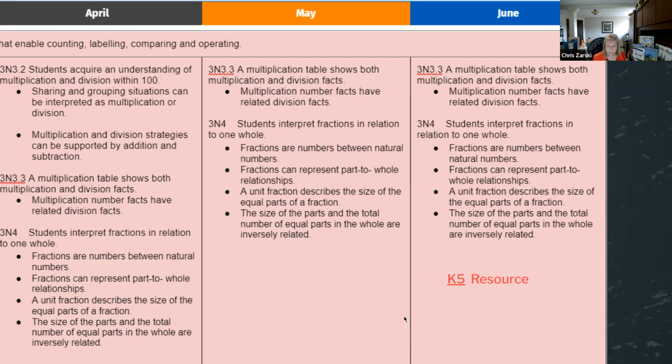So we did look at these April ones already, but I just want to bring them into play so that you can remind yourself of what we did look at in session 4. We were still finishing up on making sure that their math facts to 100 are solidified. They've got good strategies to figure out those answers, that it's not just straight memorization, right?